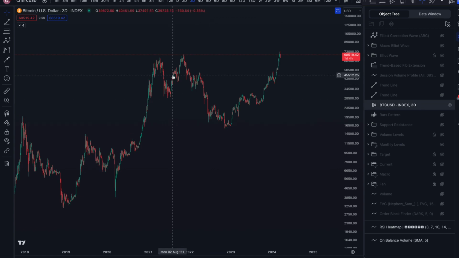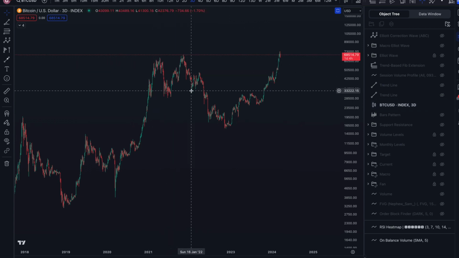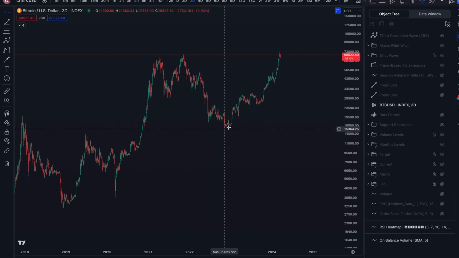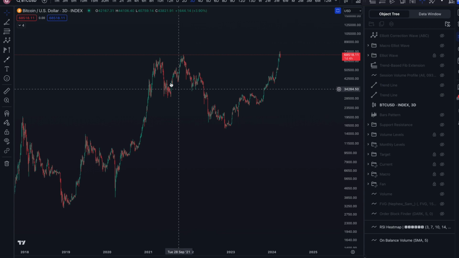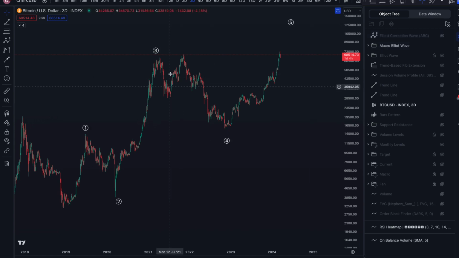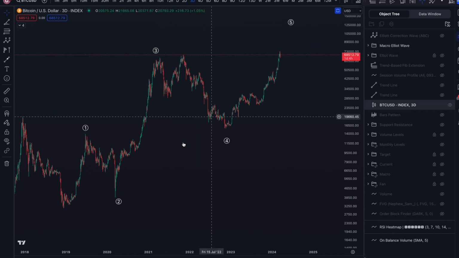And when I say we've had expanded flats and running flats already, this corrective move here is an expanded flat, because the B wave breaks above the top, and then the C wave here breaks below the A wave. So that's already an expanded flat that's happened. So I understand the theory behind what people are saying in terms of this could be a running flat or an expanded flat, but I just see a problem in the 5th wave here. I don't see that as a valid 5 wave. So my count remains like this, and this will be a 1, 2, 3, 4, 5,